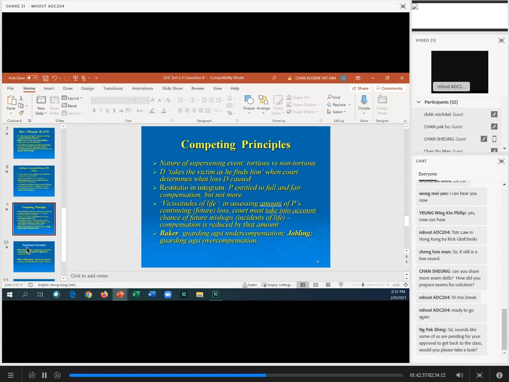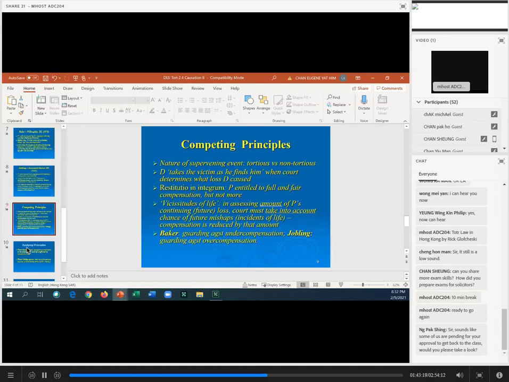So how does a court calculate the quantum of damages? One of the heads of damage is loss of income. So you're working in a job earning, I don't know, a certain amount of money per month, and you're injured, so you can't work for a certain period of time. How does the court calculate your loss? Well, you can calculate your loss of earnings, but what happens if you are very seriously injured and you may not be able to work at all? How can the court calculate how much money you might have earned? So the court's trying to look into the future, obviously very difficult to do.